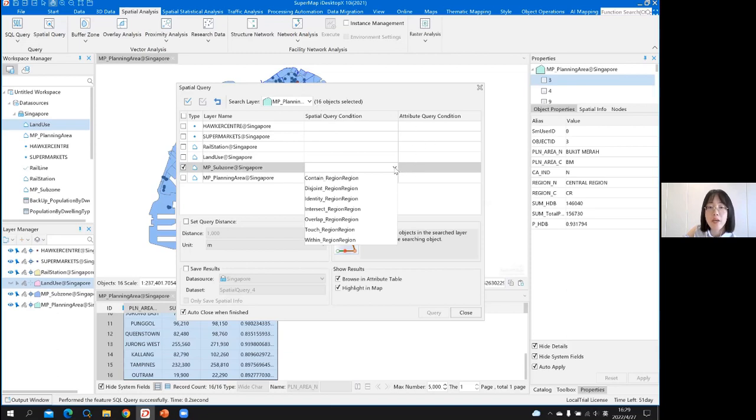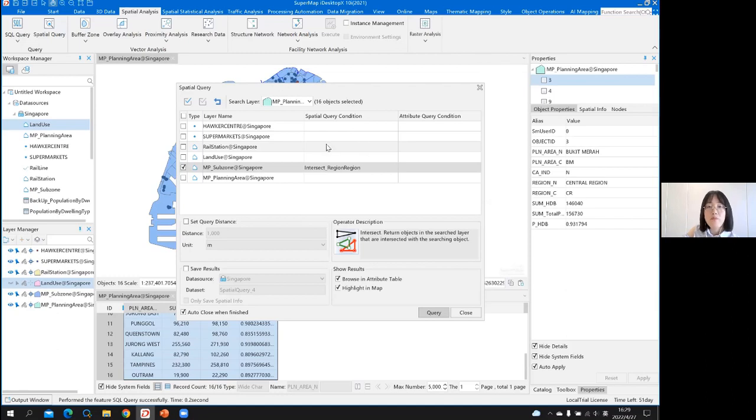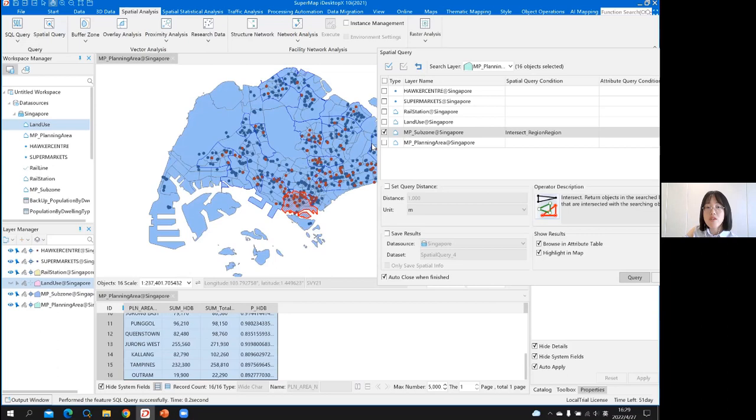And as we said before, if we keep our settings like this, then all the subzones falling in those planning areas would be selected as a result. But that's not what we want. Not only do we want those subzones falling in those planning areas, but we are specifically interested in the subzones